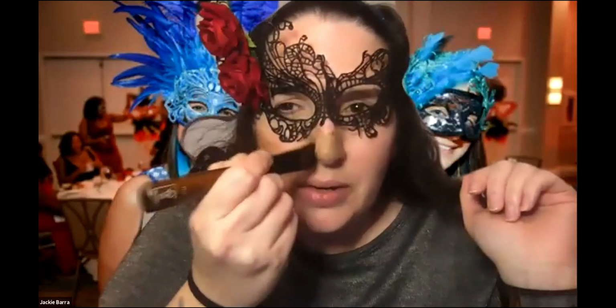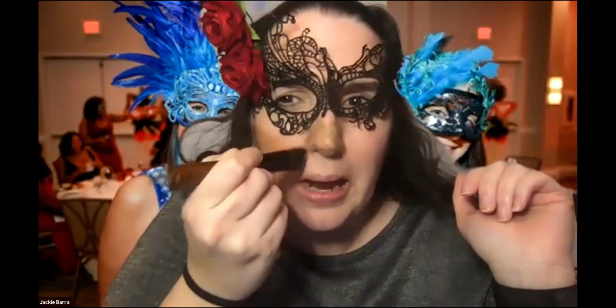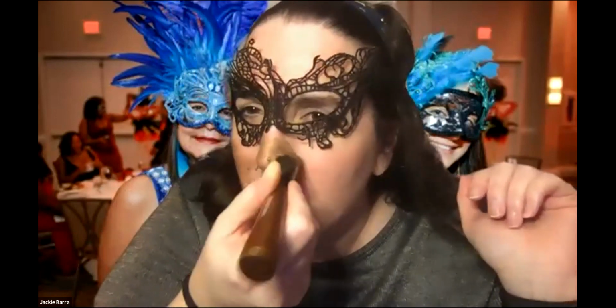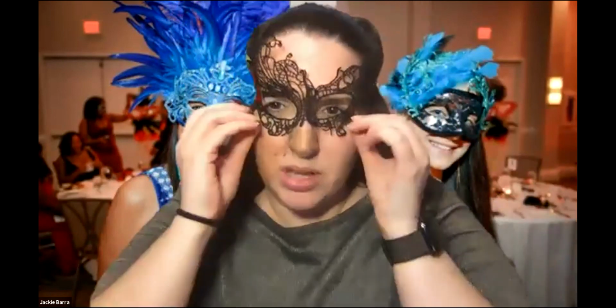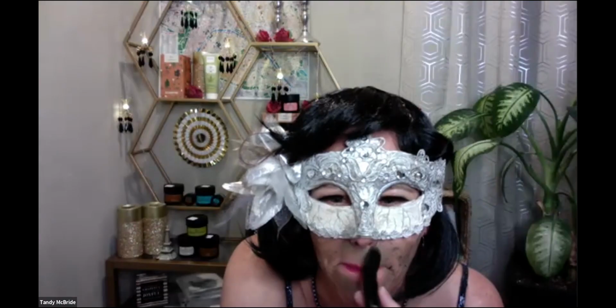So again, this one you're going to want to put, I wouldn't say a thin layer, but like a medium, not super thick layer on. And in there you can see there's little specks of stuff. Well, those are green tree leaves, and that's going to help with the exfoliation. So I'm going to put that on my nose. Fix my mask. A little thick there. I went a little too thick, but. Did you? So I'm also putting it on my